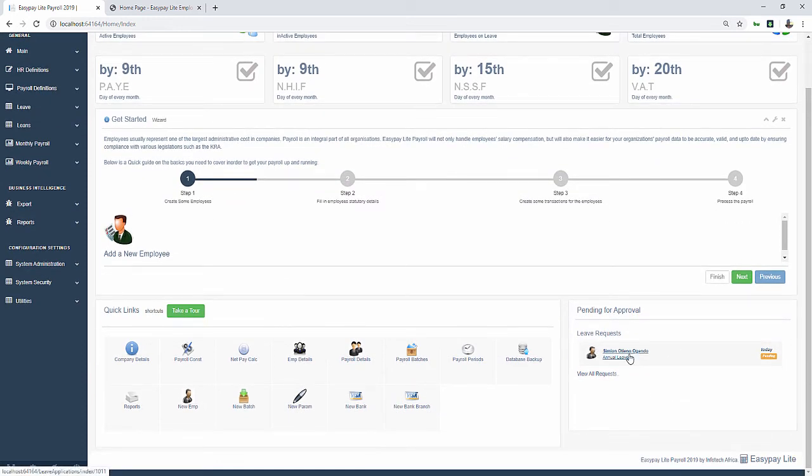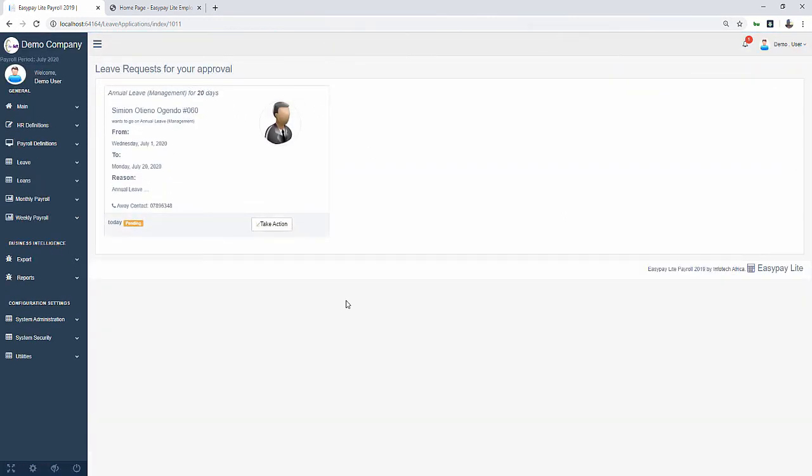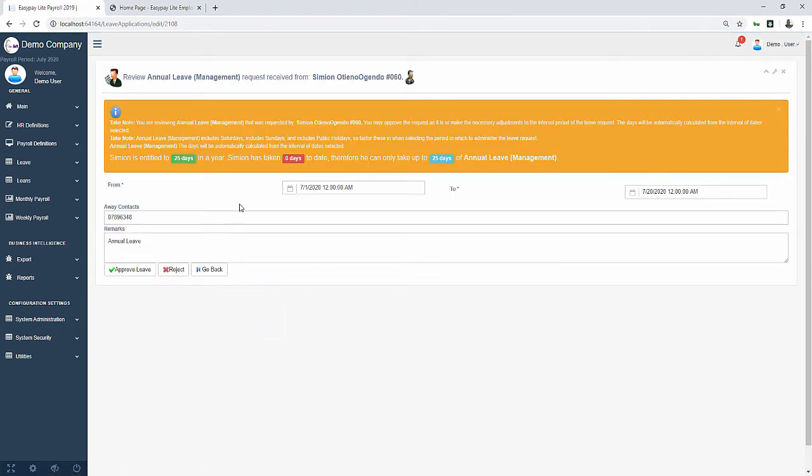So we can just click on the application and it brings us the details of the application. So we can opt to take action on this leave. But before I take action, I also would like just to show you what the managing director receives on his end. So we'll just go back,